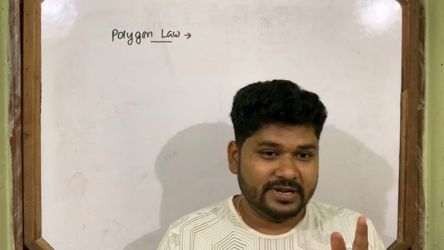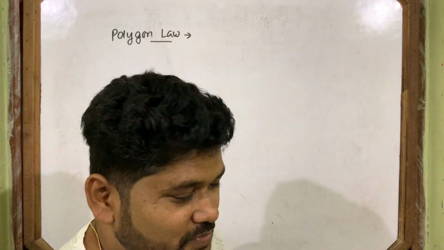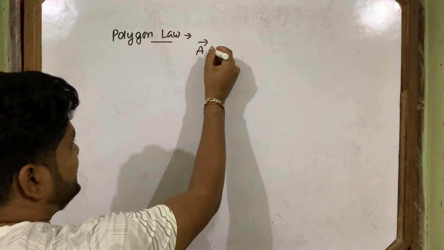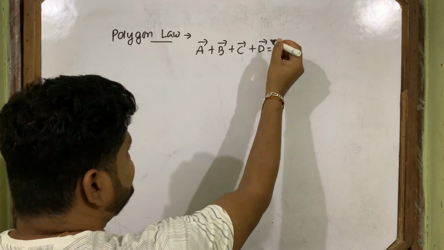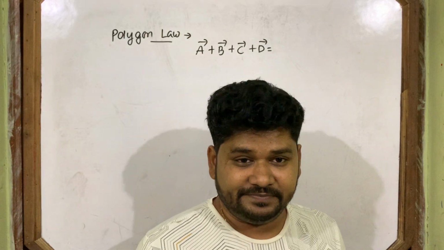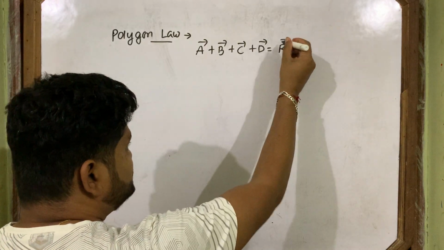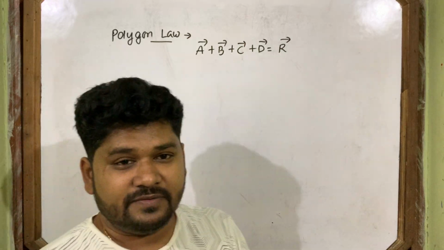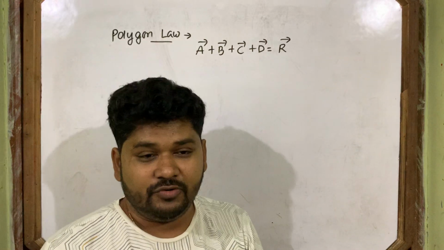Okay, I know you may not be able to understand the statement, so now I am going to explain it. In this law I will give you many vectors: A vector, B vector, C vector and D vector. Now I will tell you to add these four vectors at a time. How will I add these four vectors? Suppose the resultant is R vector. This R vector is the unknown for us. We don't know what the R vector is, but we know all these four vectors.